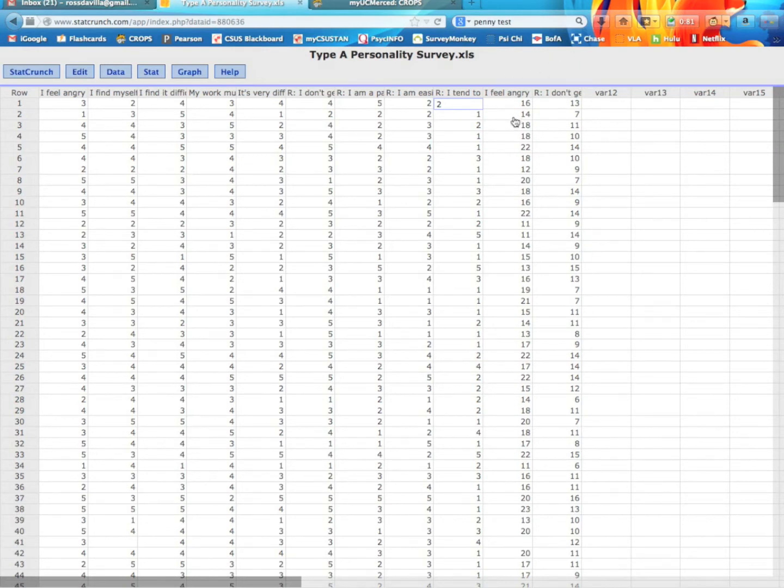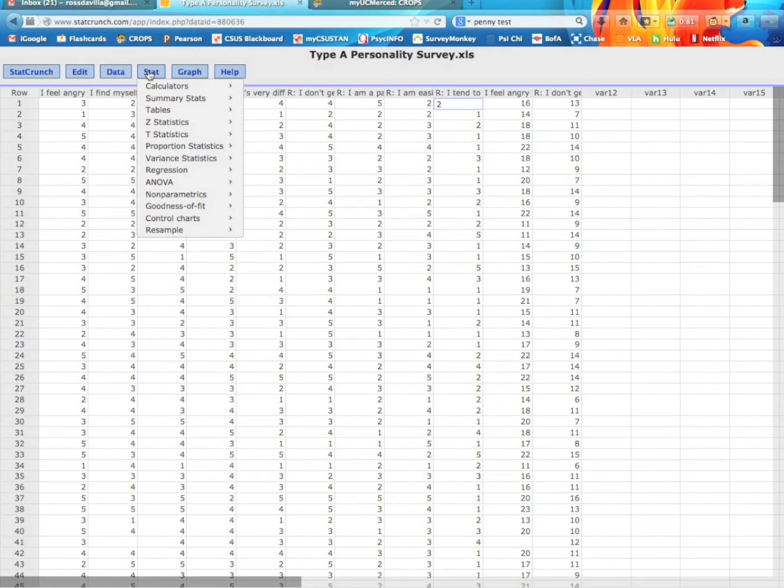So it doesn't matter that one might have a total of, let's see, 22 seems to be high for this one, and this other one should have a total of about 25 tops, this one a total of about 20 tops, because all correlation does is check to see if someone's scoring low on any particular set of items. So if they score low on these 5 items, they should also score relatively low on these 4. Same if they score high on these 5, they should also score high on these 4. So it's all about relative highs and lows. Let's go ahead and run a correlation between these two.